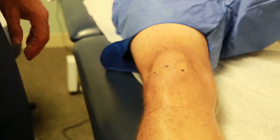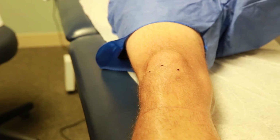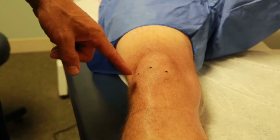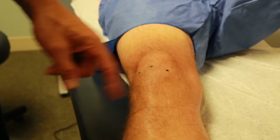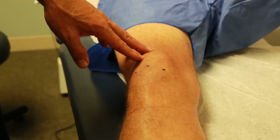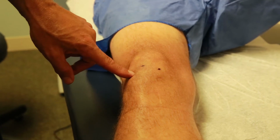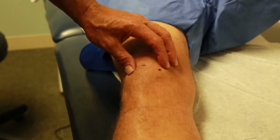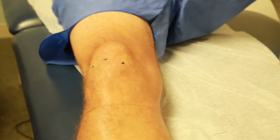Now the interesting thing here is when we go from these poke holes, we're going to be able to see all sides of the knee. If I come here, I'll get a good shot of the medial side, the ACL, and then the lateral side. If I go from the medial aspect, I can see the same thing, but I see the ACL origin a little bit better. We tend to like to go lateral just because that's what we're used to doing in the operating room. So after we mark them, the next thing we're going to do is sterilize the area